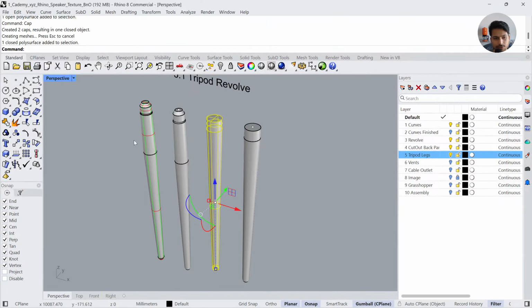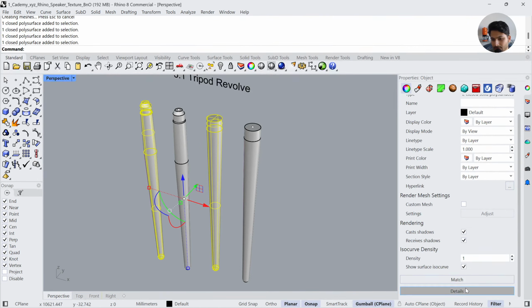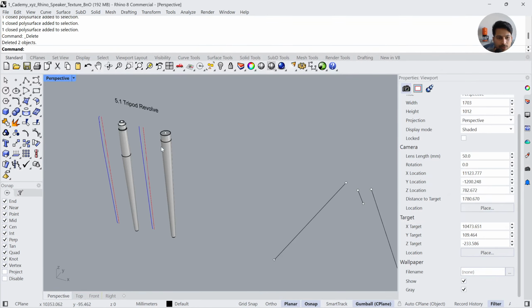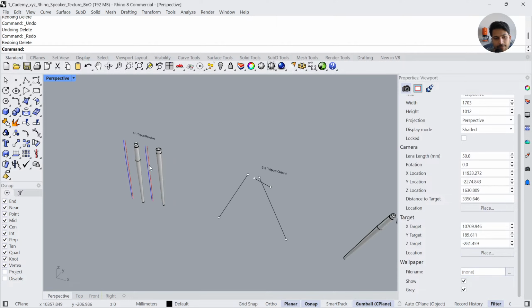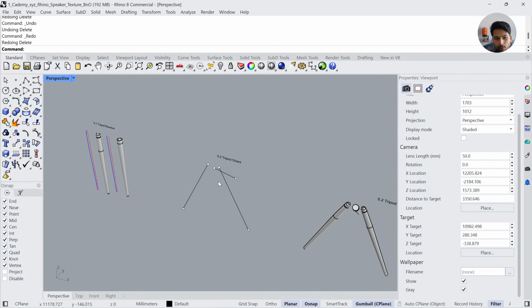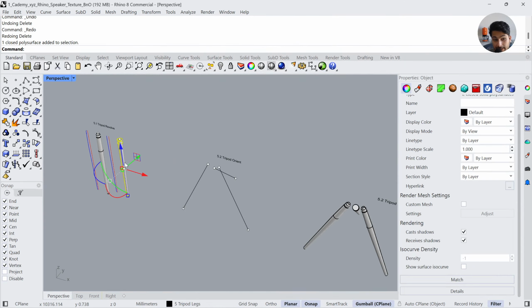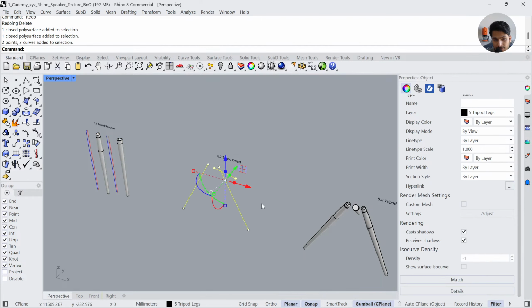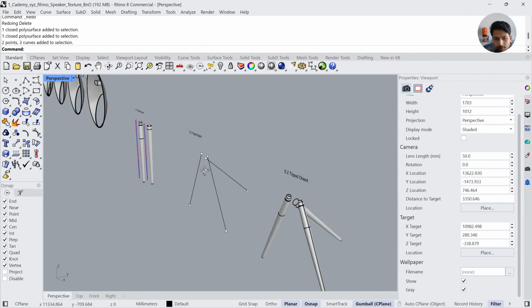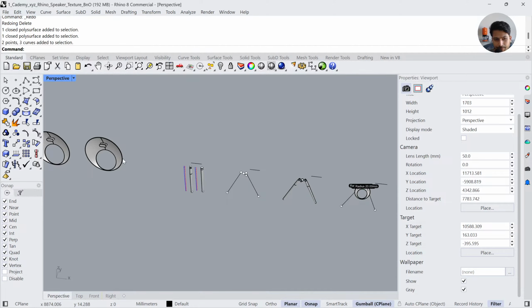Okay, so these two are the solid models. And we can also hide the ISO curves if you don't want to see the additional internal curves. Now, once we have revolved the profiles and capped the geometry, we need to orient the legs around these three curves. I have calibrated the curves to more or less mimic the position of the legs in